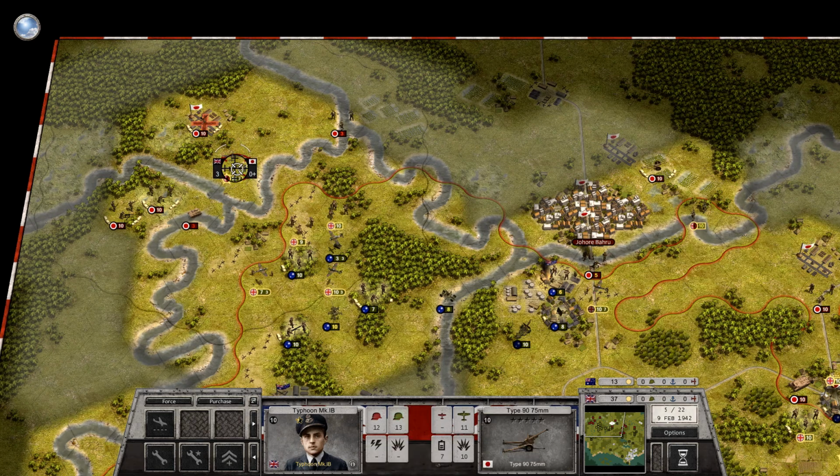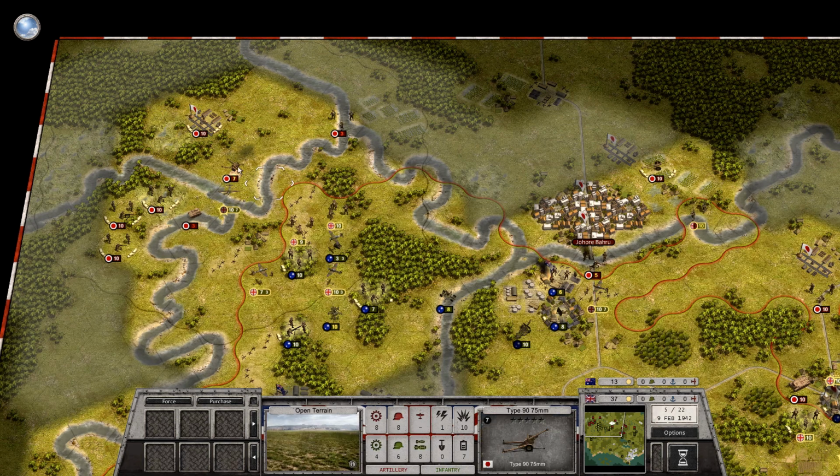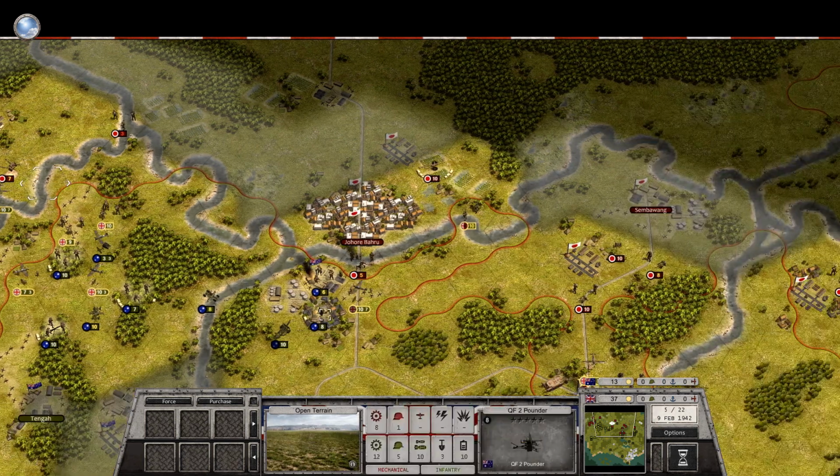And of course there's an AA piece. Kind of overlooked these guys. But they didn't do a lot of damage against us, so let's try to move out here. It's nice to do some damage against them. Good. Right, back to here though. So...